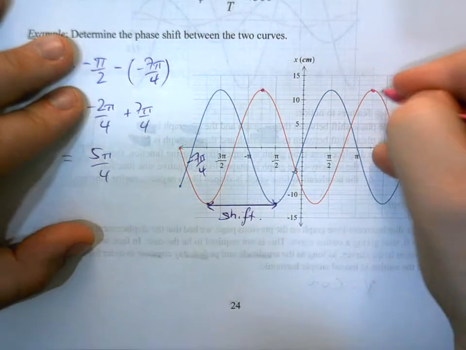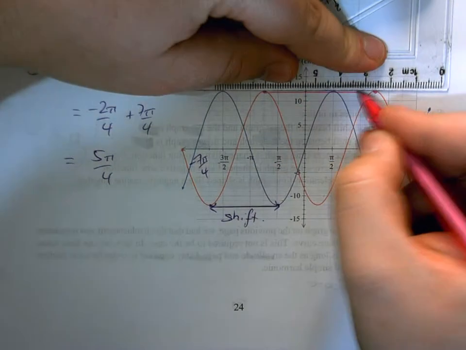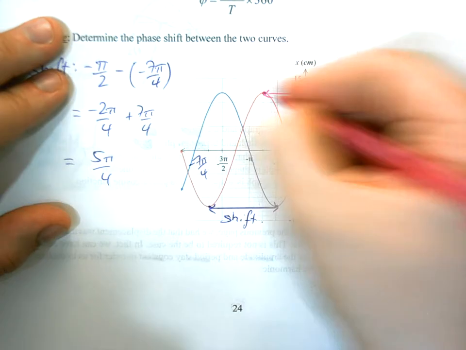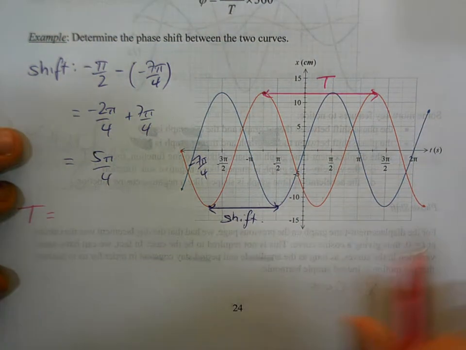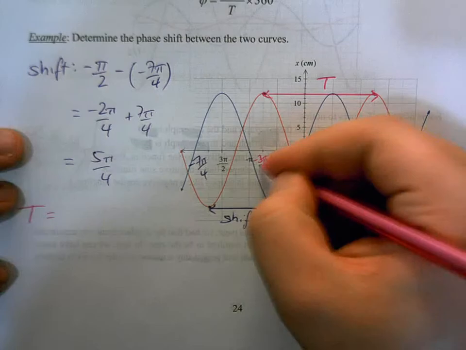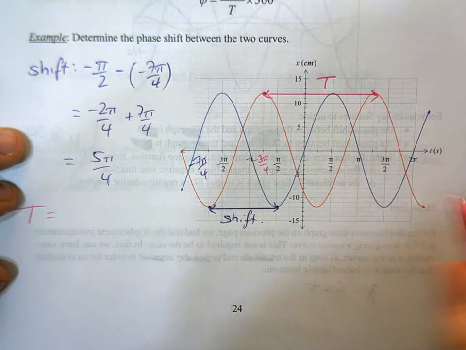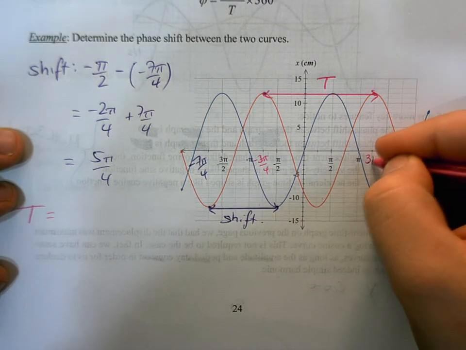So that distance here is going to represent my period. That is the time it's going to take for this thing to do one complete cycle. So for my period, I'm starting at negative 3 pi over 4, and I'm ending all the way at what appears to be 3 pi over,